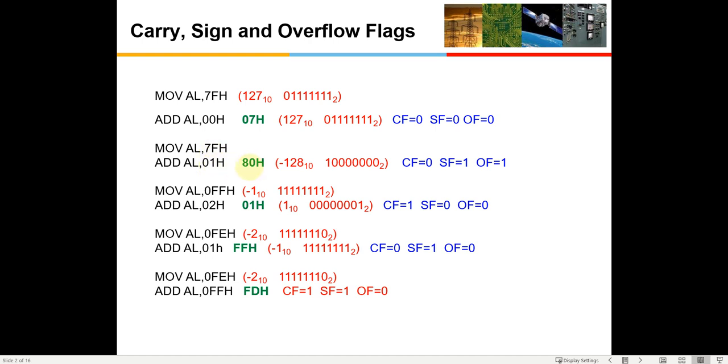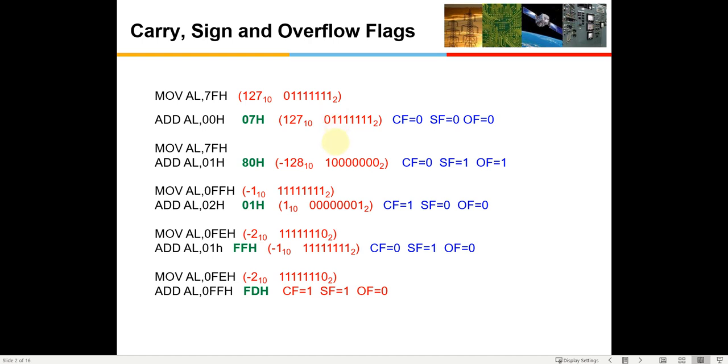Now it is 80H in hexadecimal, and this is the binary. Although this can be called a valid 2's complement number which corresponds to minus 128, it was taken as invalid by the processor because it is taking plus 127 to minus 127.